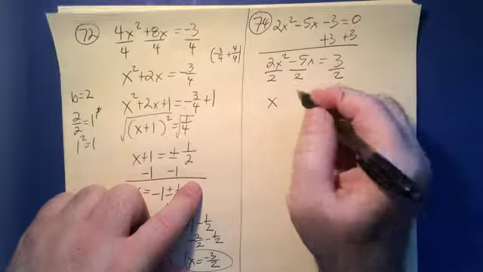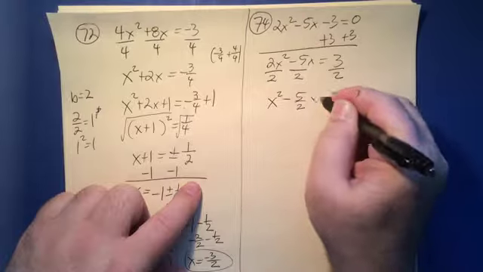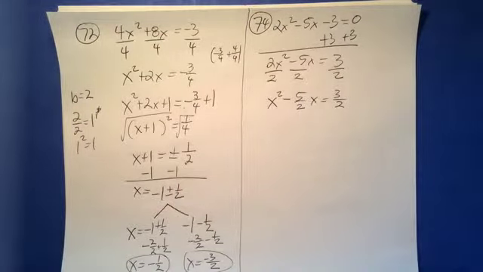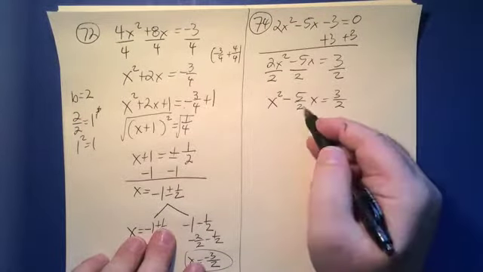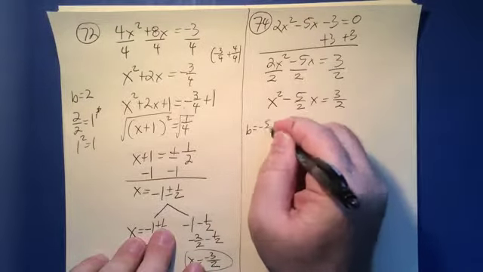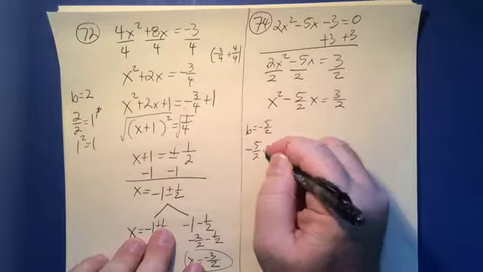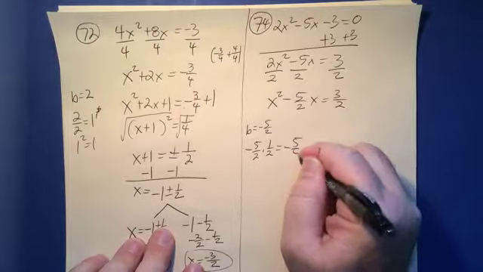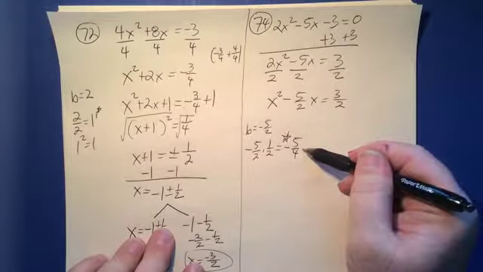And you notice here we're going to get x² - 5/2x equals 3/2. And finally, I need to take the value of negative 5/2, and I need to divide this by 2 and then square it. So I know b is equal to negative 5/2. But remember, when I have a fraction, instead of dividing by 2, I just simply multiply it by 1/2. So I'm going to get negative 5/4. Star that because it's going to be really important for finding our